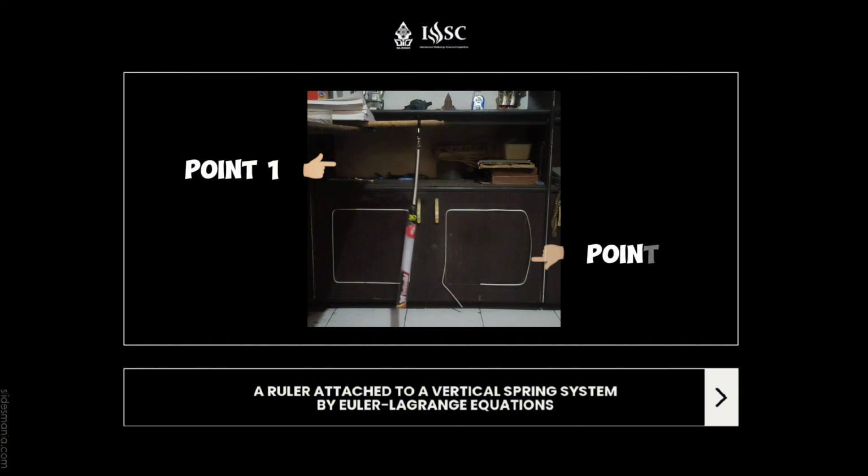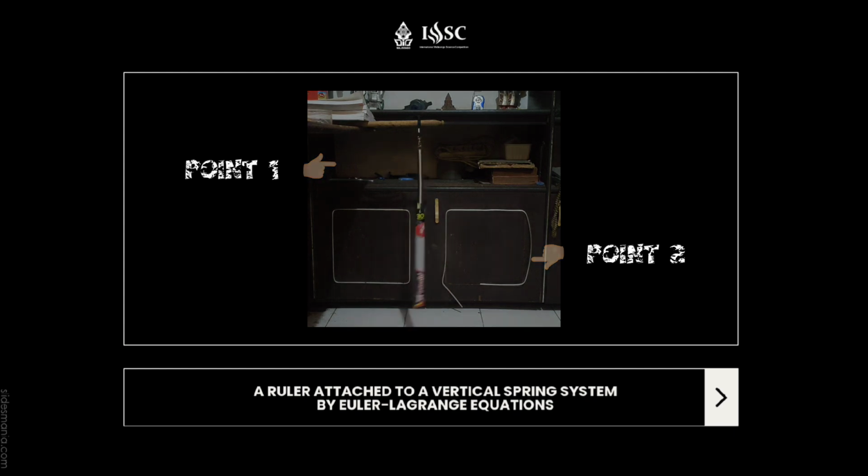In the second point, it moves under the influence of gravity, starting from the equilibrium position where the mass hangs vertically. When the pendulum is displaced from its position and released, the gravitational force creates a restoring force that pulls it back to the equilibrium position, causing the pendulum to swing back and forth.